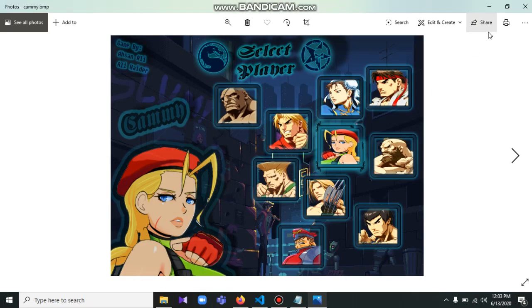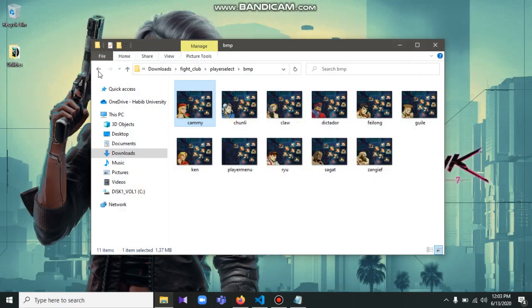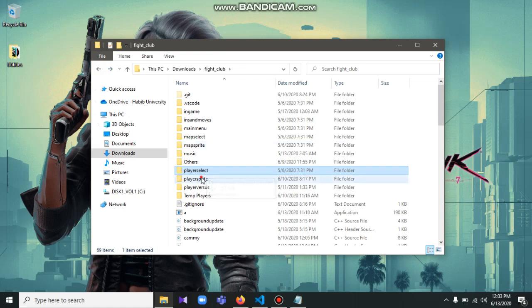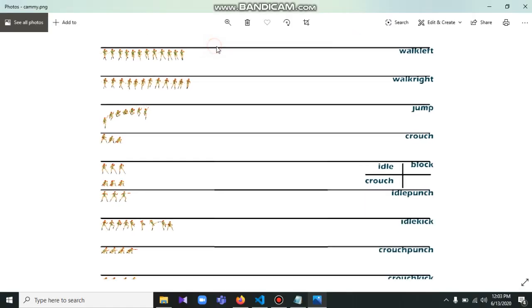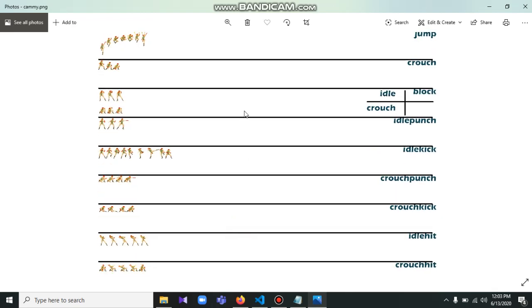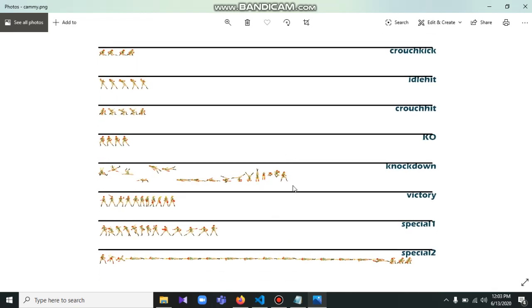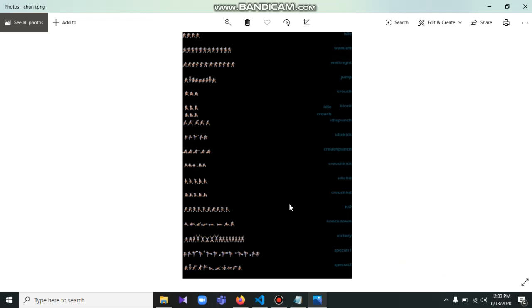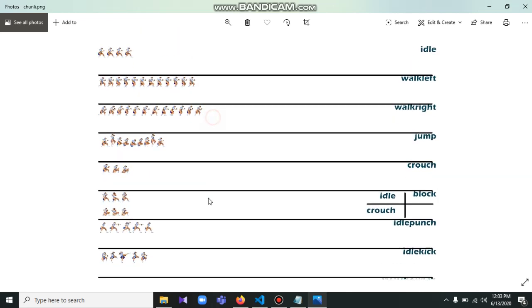So this is basically a player select screen that you saw on the select player. Then these are basically the player sprites that we are currently working on to animate the players and to update their moves and functionalities.